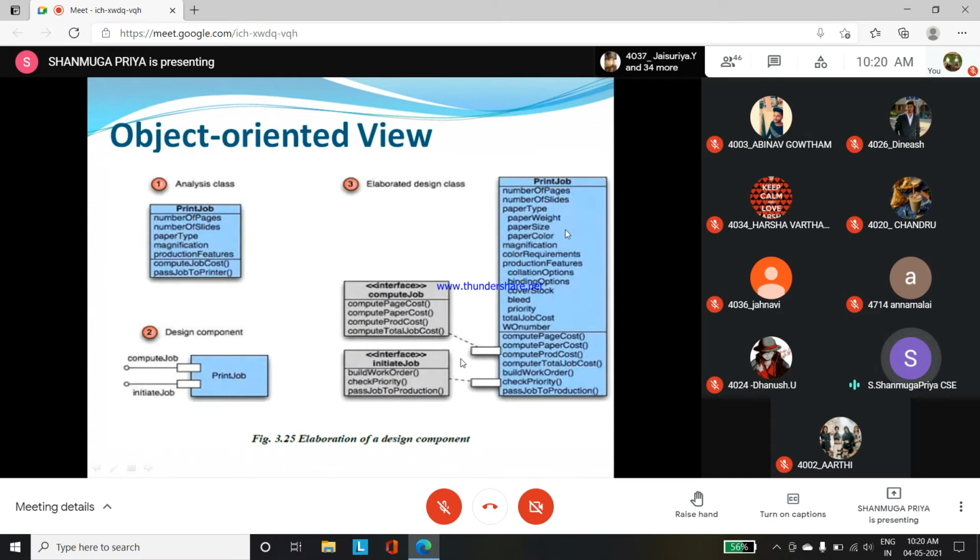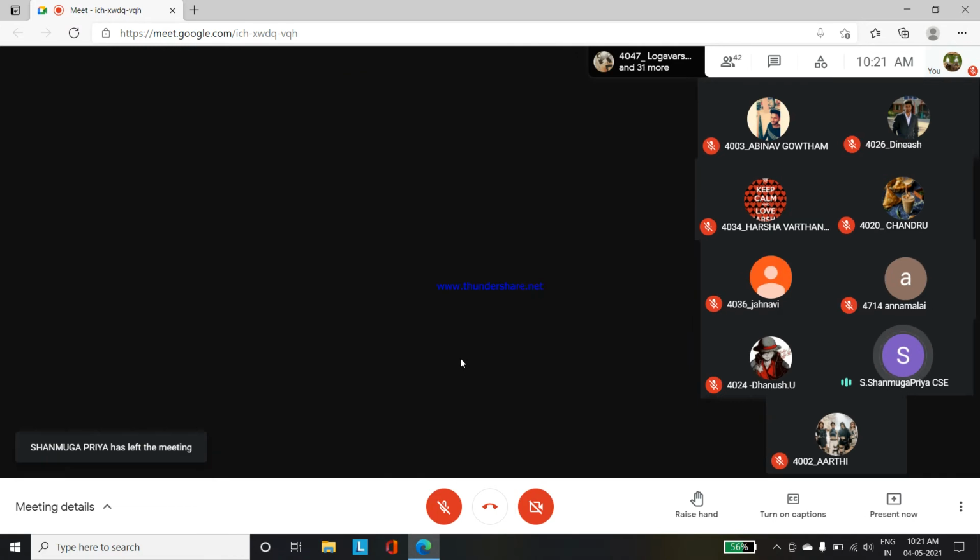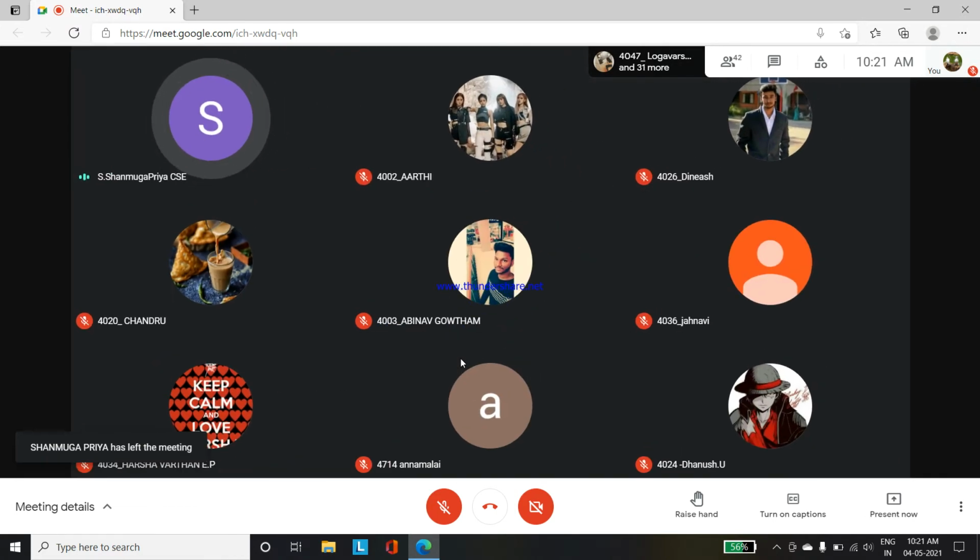Okay, so next, what logic we are using for each operation, that also we can identify. And what interfaces we are using. Here we are using two interfaces. What is the mechanism, that is, what functions come under these two interfaces, that also we can identify with the object oriented view. So with its help we can identify the problem domain, that is analysis, and how we can design it. That is the infrastructure. All those things we can elaborately identify in the object oriented view.